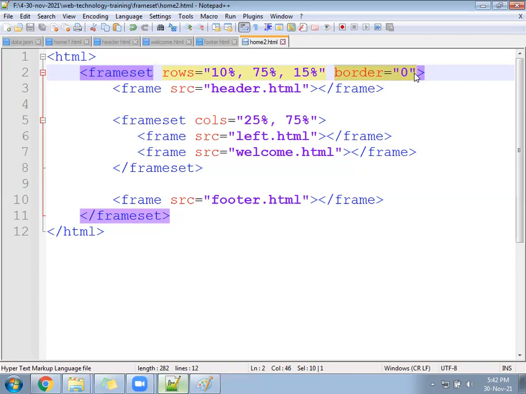So the 25, 75. Left, that is the name. You can browse it.